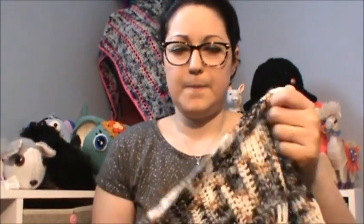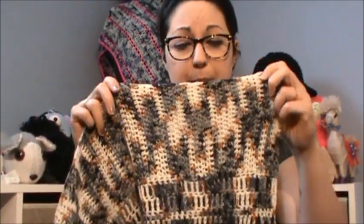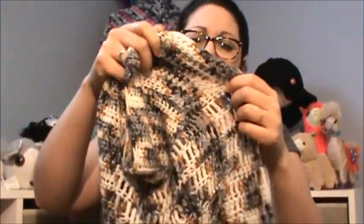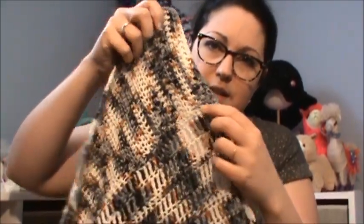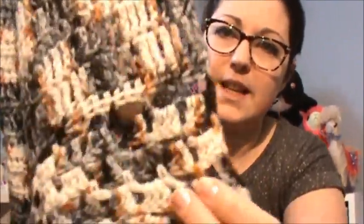And I knew when I blocked it, it would stretch because I used a 5mm hook, and typically with fingering weight yarn they recommend you use a smaller hook. I wanted to use a bigger one so it had lots of drape. And then once I got to the length I liked, I just did a row this way. And then I started with trebles, half doubles,